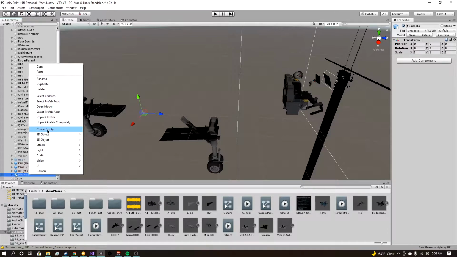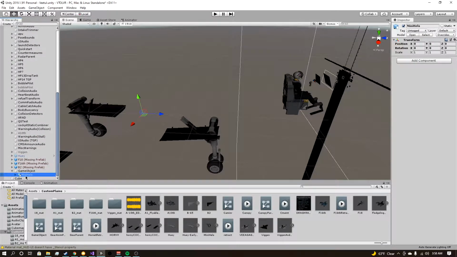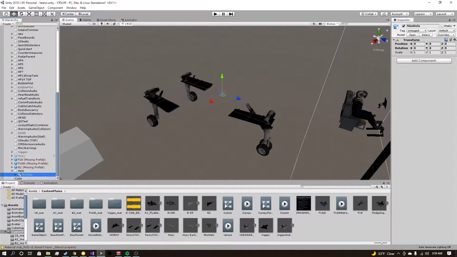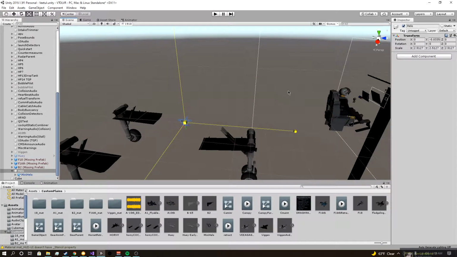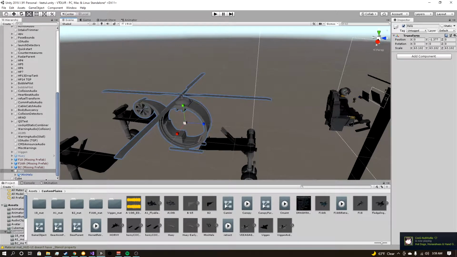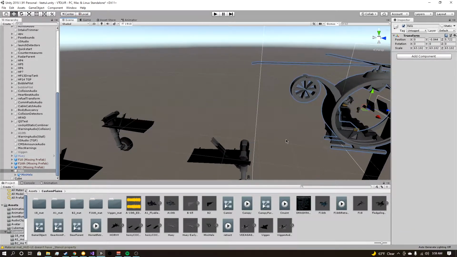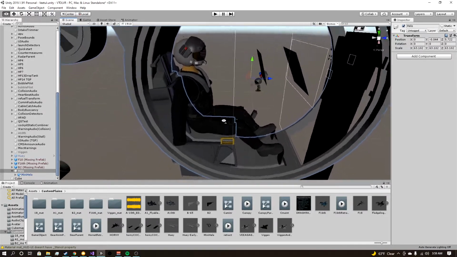then you want to create an empty game object. Oh, there's already one there. You create an empty game object, and then parent the asset to that game object. Name that game object whatever you want. I'm going to call it helo. And then make sure that this is still 000. And then this game object is what you're going to be manipulating. So scale it up, move it over to where you need it. So once you have it moved and scaled right,